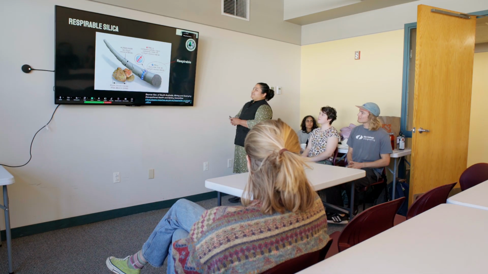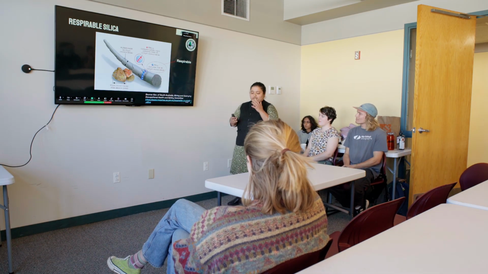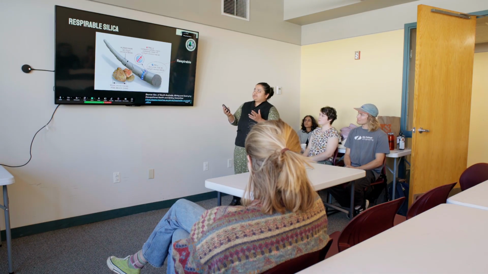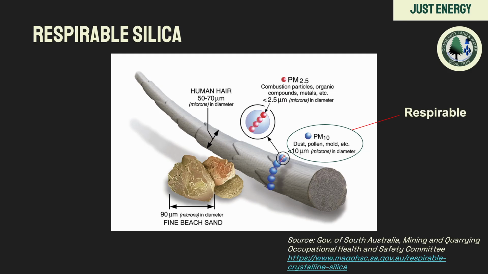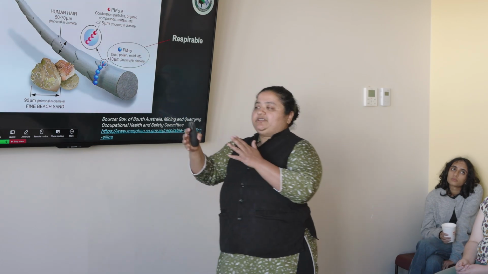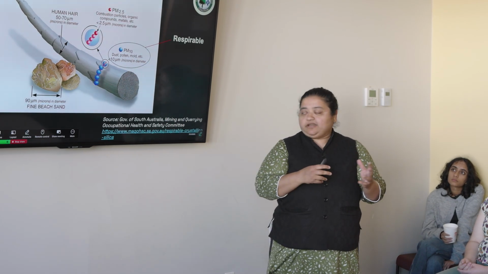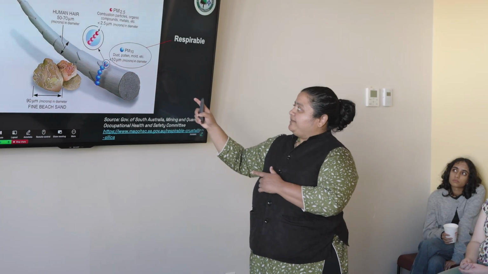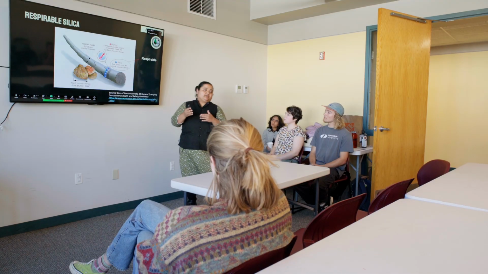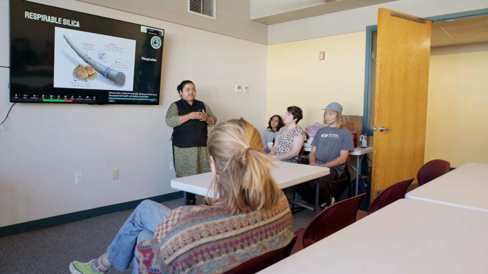So just me again. Just briefly, why are we talking about health effects of silica and respirable silica? There are certain sizes of particles that we can and cannot breathe in, and anything that we breathe in is respirable. So any silica that goes into our lungs while breathing is respirable silica. PM here is particulate matter. You'll hear the terms PM10 and PM4 when we talk to you about air monitors. PM means particulate matter, and 10 indicates any particle that's 10 micrometers or less in size, which is considered breathable.